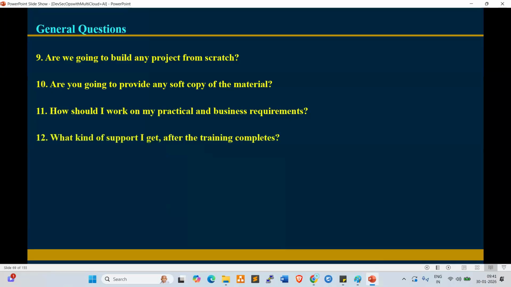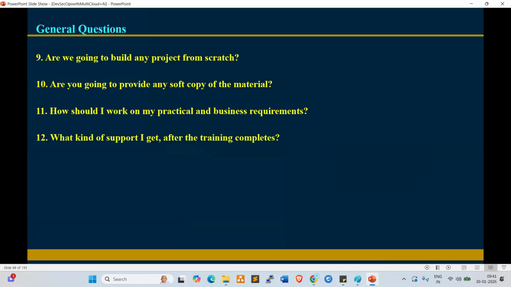Now, what kind of support do I get after the training completes? While the course is going on, I give you full support. After the course is complete, until you get the job, we'll give you guidance and support.